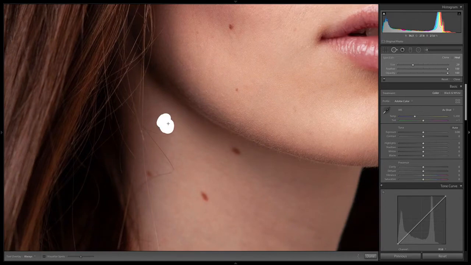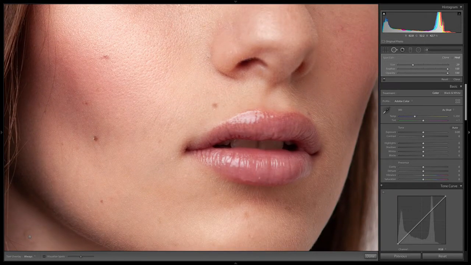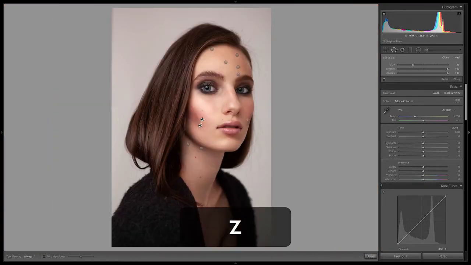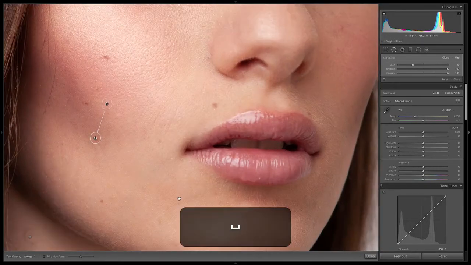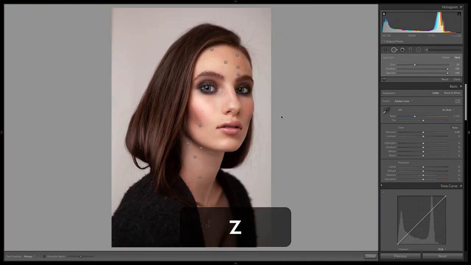So again, this is kind of up to you as the photo editor and up to whoever you are taking photos of. So make sure you get their opinion of what they want you to do. Maybe they want a beauty mark or something like that left. So I'm not going to get rid of all of them, but I'm going to leave it like that. Let's actually get rid of some of these ones on her neck. Okay, so that's looking pretty good.